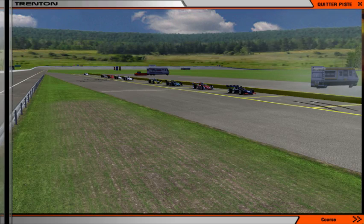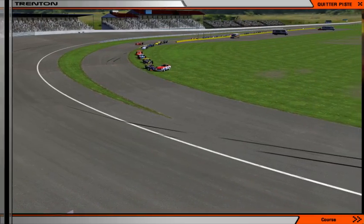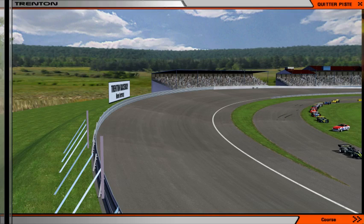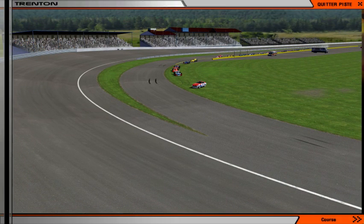The cars we are using, and I think the circuit as well, is all made by members of Historic Simracing Organisation, with I believe it is Alberto Ibanez who created the cars, and correct me if I'm wrong, Ben, but I think it was... now I actually can't remember who it was. I will look it up and bring it up later in the race, but Alberto Ibanez at least created the